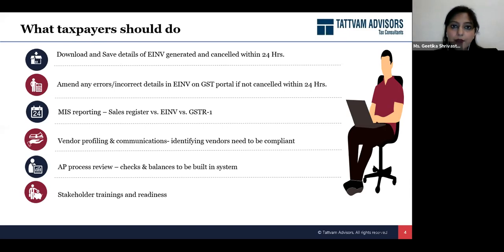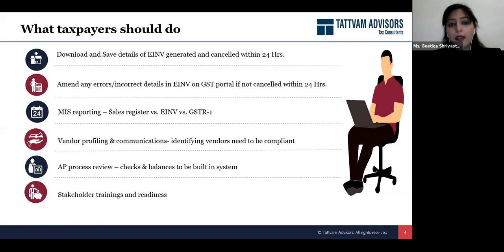The only flip side of this would be that tomorrow, if some government officer is looking at your data, he will have two data points, one which is coming from the e-invoice portal and one which is coming from the GST portal, and there will be a mismatch between these details, which you can of course justify. But our suggestion is that you ensure such errors are minimized and look into more integration so that human intervention is at a minimum.